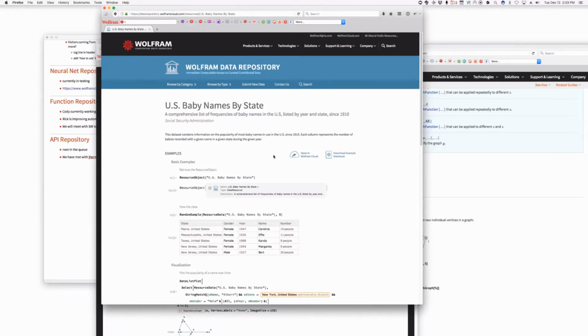Well, in these cases, I think we've got a couple of different things we're achieving. For the data, you'd want to copy resource data of string name for use. For the function, you want the output of resource function of string name. That is what you want to copy. Well, yes, in that case, I agree. But here,